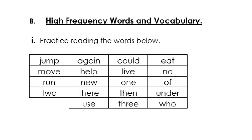High frequency words and vocabulary. I practice reading the words below. You really have to practice reading these words and find out what they mean. Each of these words is important to know its meaning, okay? So let's start. So we have here jump, move, run, to. Again, help, new, there, use,